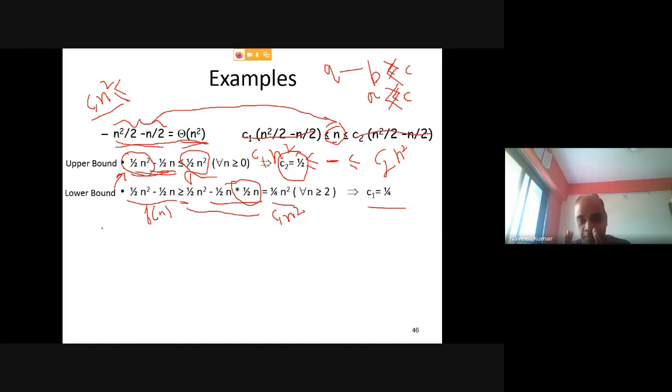Now if you compare this function with the other two approximation functions, big O and big omega, you can see that in big O notation computations are lesser. You need to only show this upper bound. In big omega you need to only show this lower bound. But in theta, you need to compute both of the bounds. You need to prove the upper bound, and you also need to prove the lower bound. Then only you can conclude that it is an approximation. So you can write it in theta notation, right?